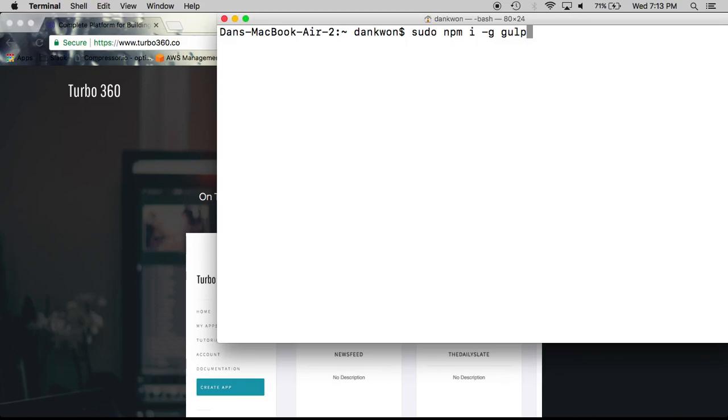It's going to ask for your password. Go ahead and enter your password. All right. Next is Webpack. So again, you may already have this. If you do, just